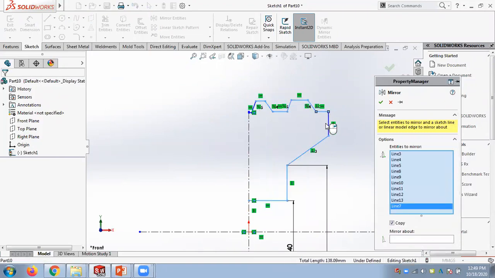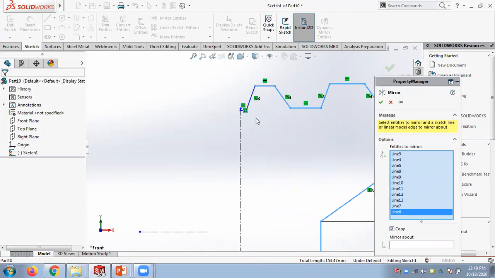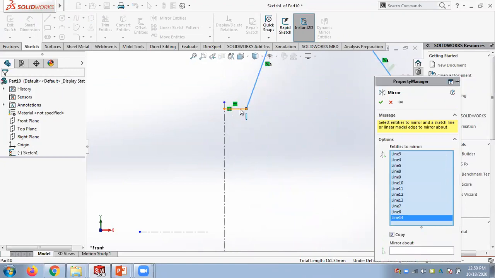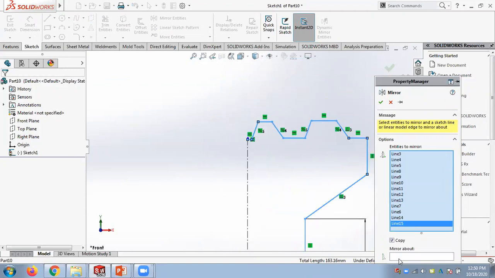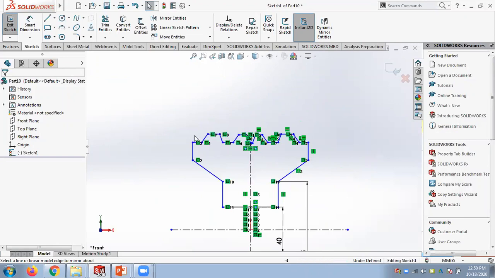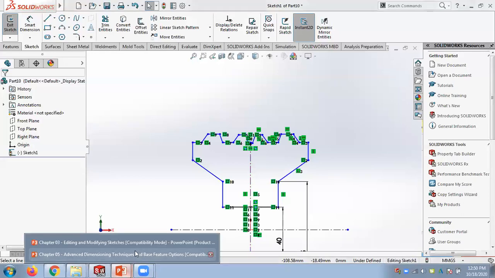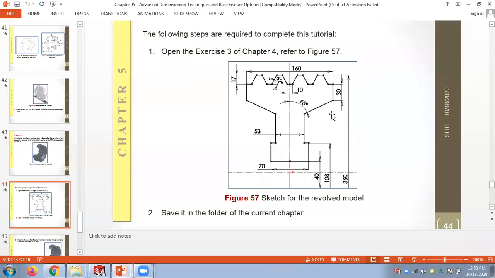Make sure you select all the entities. And get a mirror. So this is going to be easy. Otherwise, you have to draw all the things again, apply a lot of relations. So mirror will help you to reduce your time. I hope you understood what I tried to say.